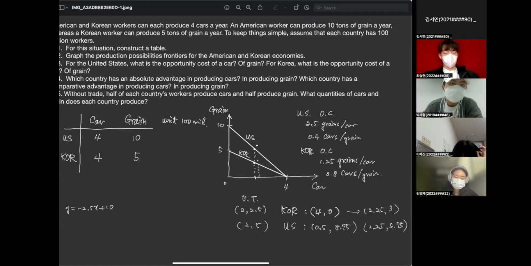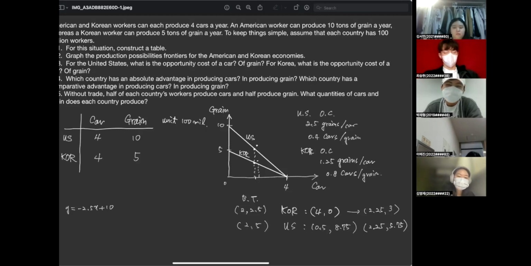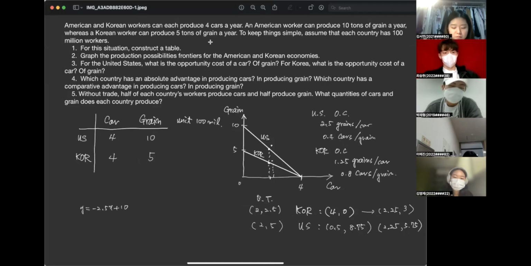But I just assumed that the original point is half and half consumption, and now after trade, we can achieve outside of the PPF. That is an indirect proof of gains from trade under the sense of comparative advantage. So if you are not comfortable with this, you should study yourself and ask me about